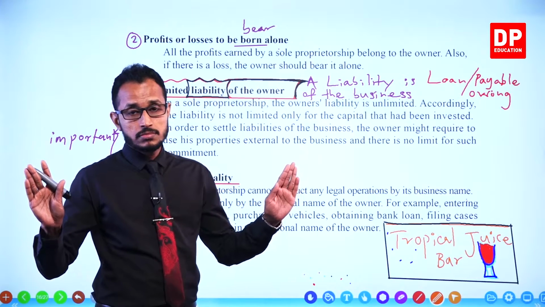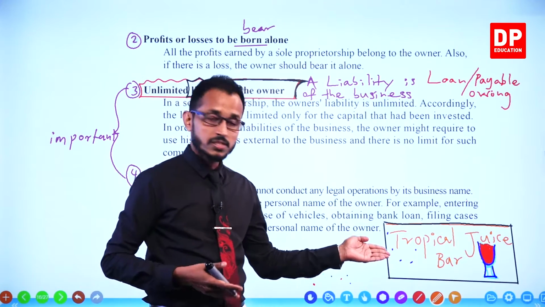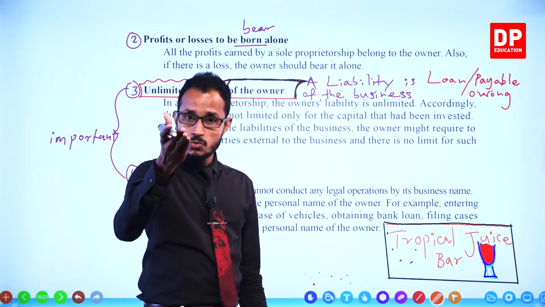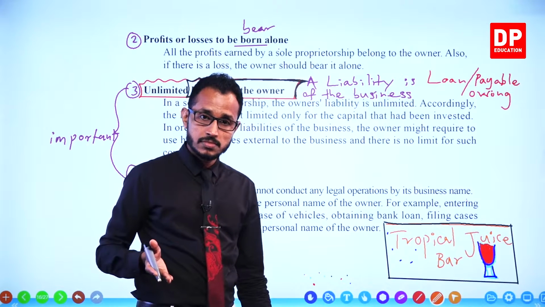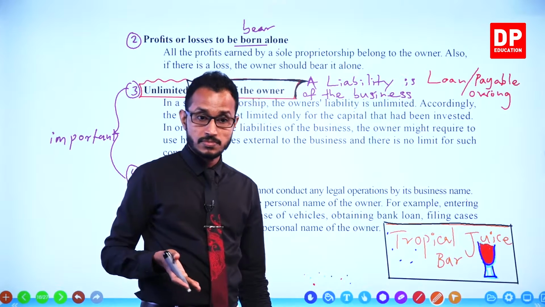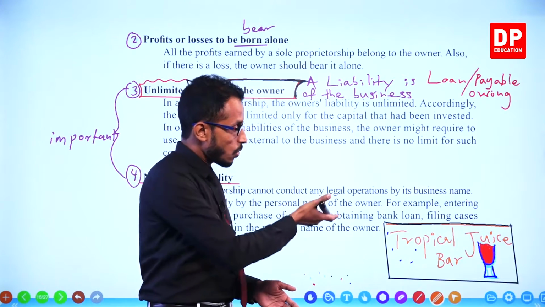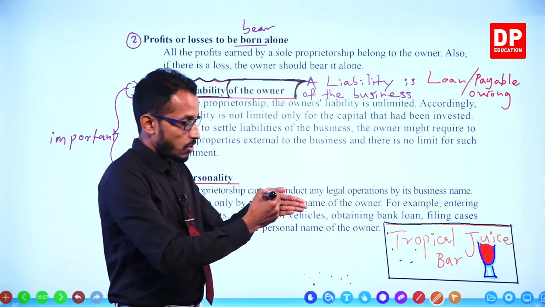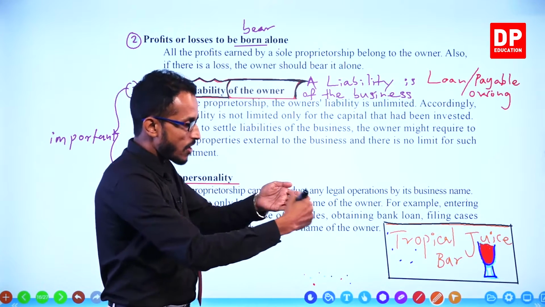No, because it's not a person. You are the person. You, Hiruna, you are the person. You have to take the loan under your name and you have to sign,